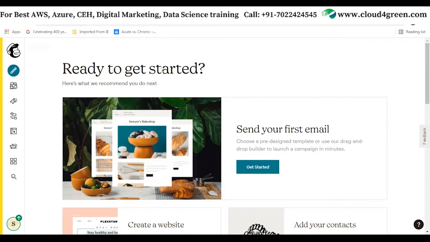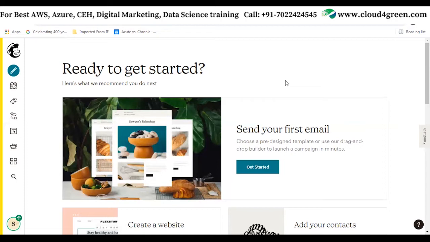So why did we choose MailChimp as a platform to send email marketing? Rather than sending mails using Gmail, Rediff mail, etc., here we can send bulk mails, say 2000 contacts at a stretch. You can send the mails in batches. You can create your own email template and make use of it while designing the email campaign and send the bulk email. That's the reason we are using MailChimp for creating the email campaigns.